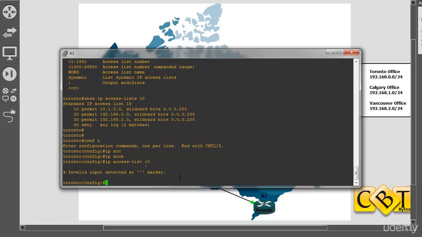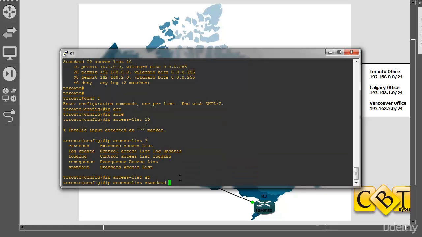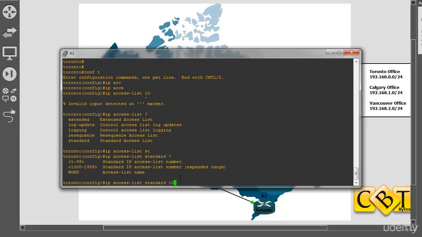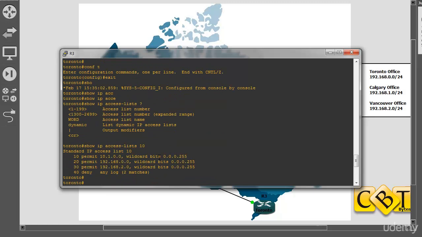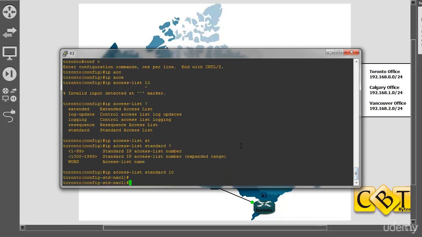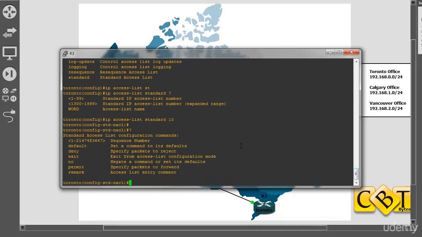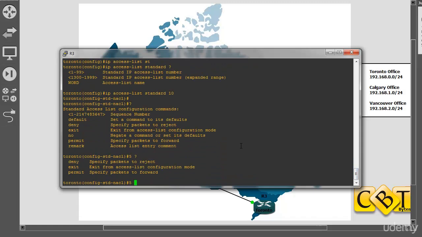IP access list standard 10, and I need to put something in here to allow this particular network. I did 10.1.0.0, 10.1.0.anything. I need to do 10.1.1.anything. So what I'm going to do is hit question mark, put my sequence number, I'll make it 5 to put it right at the top, and then permit,